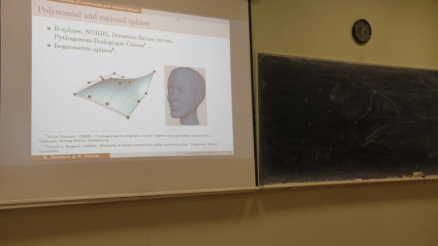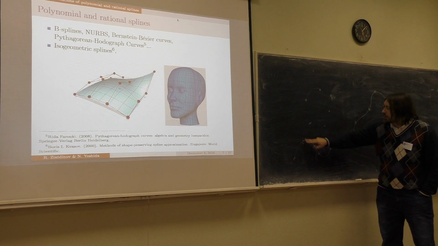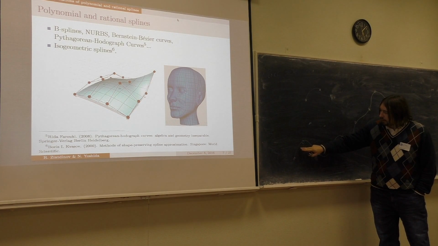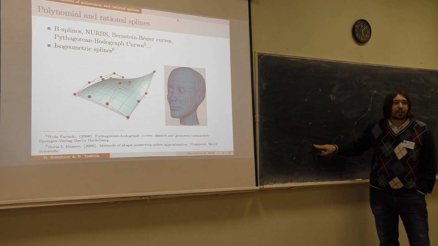So the next type is NURBS, or non-uniform rational B-splines. This is a rational function, rational parametric curves. They are very flexible. We can change the shape in a very flexible way. If you move one point, the curve will not change much, only